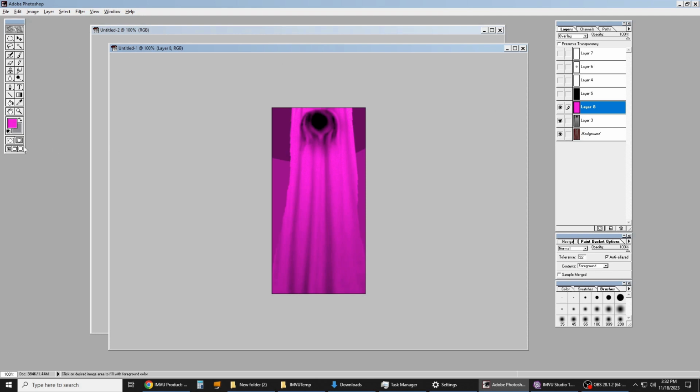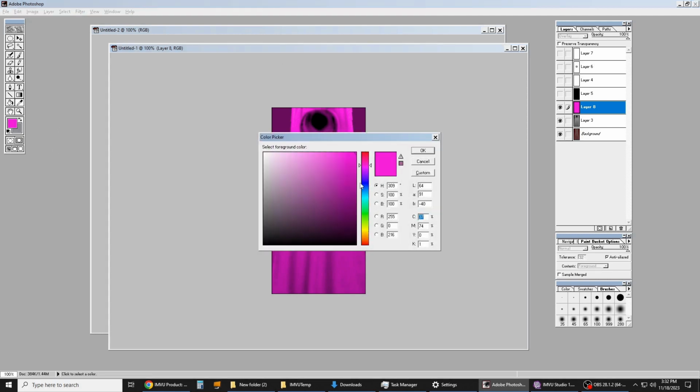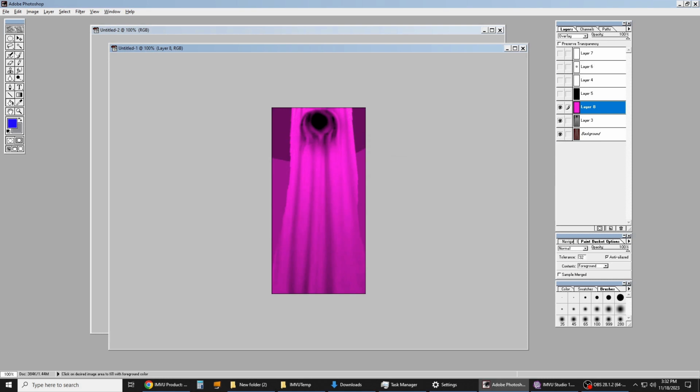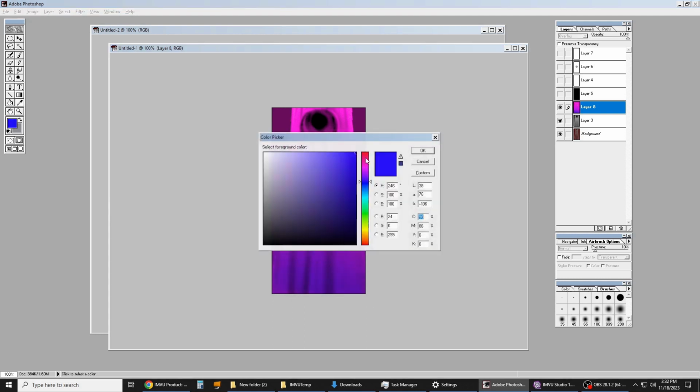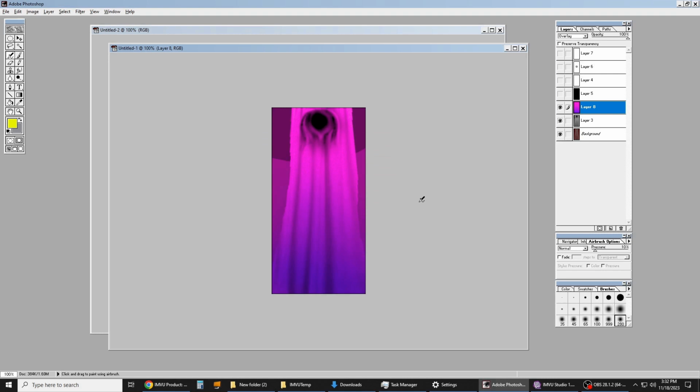So let's see, purple's kind of boring by itself. Let's add a little blue at the bottom maybe. Fade that in. Get really weird with it. Grab a couple of yellows. Just bring it over here for no reason. Crazy spotted cape. Ugh. Here's how it looks